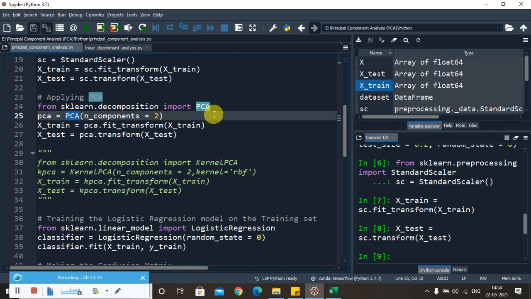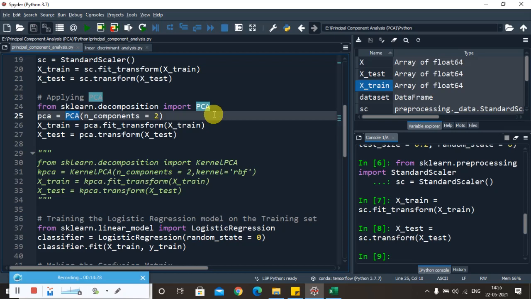In this case study, since we would like to visualize this using plotting, we will utilize only two features. We just want as an end result only two features, by reducing the 14 features to 2 features. That's the reason we have given n_components equal to 2.